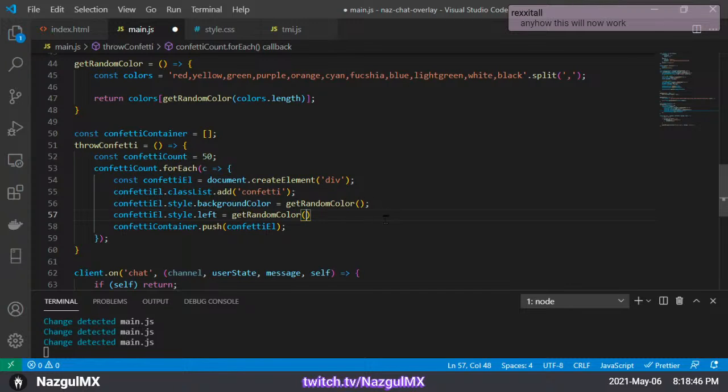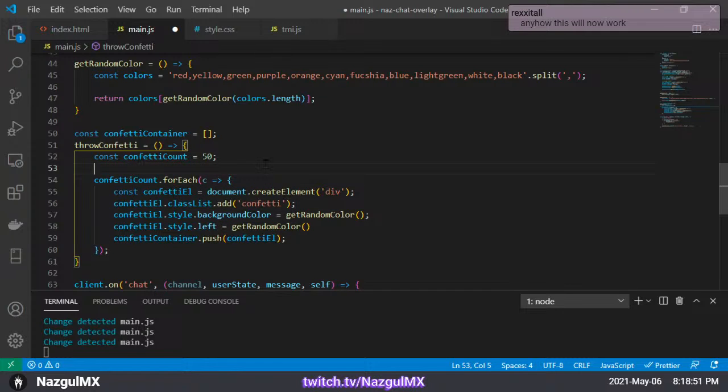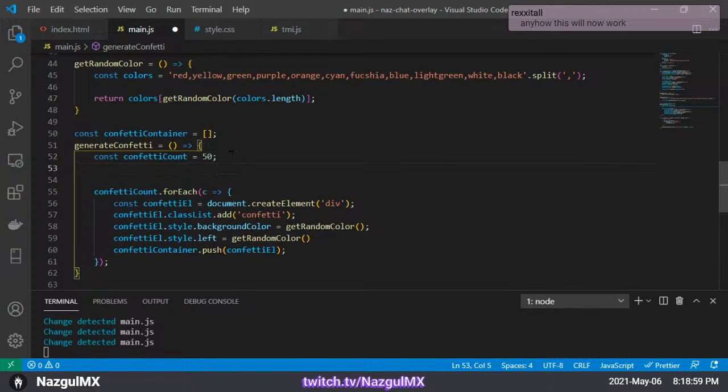The maximum will be, actually, let me, instead of throw confetti, generate confetti, and then I will need